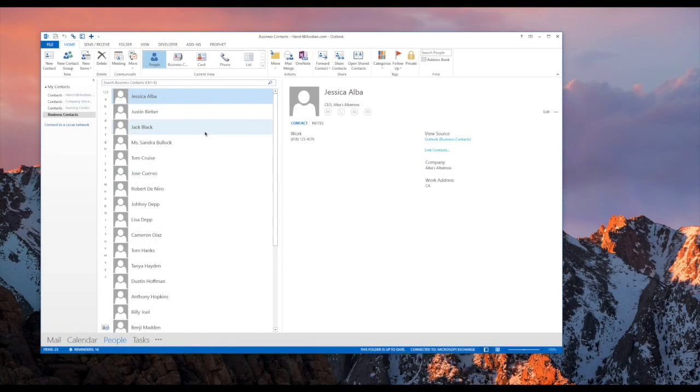Learn how to update multiple contacts with the same data values like city, state, or zip. So let's get started. First, you'll want to go to the contacts folder you'll want to be editing the contacts